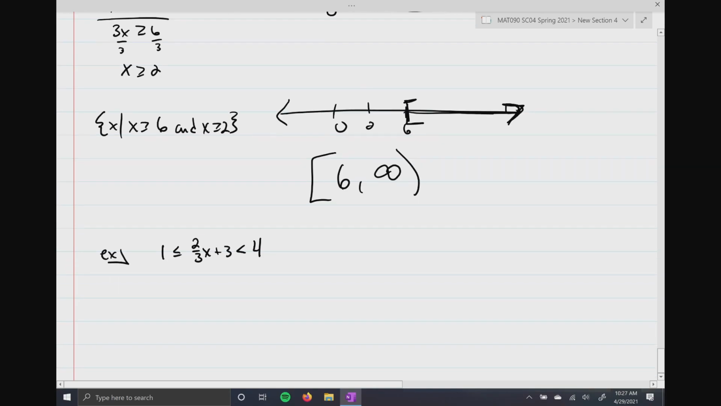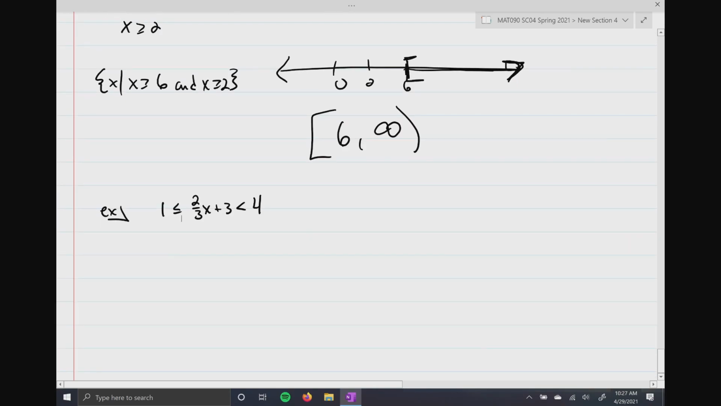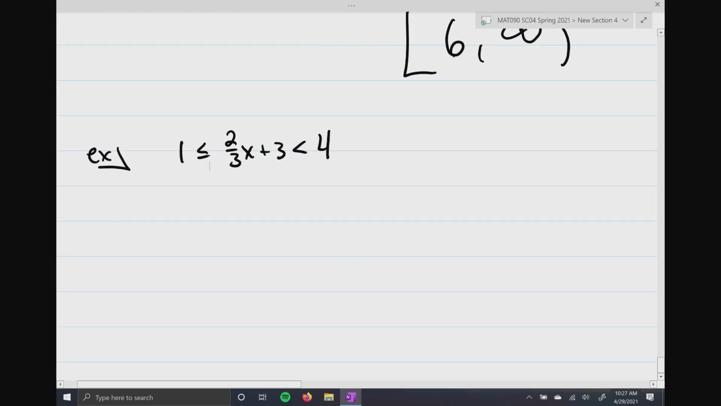So this second one, I made it just a little bit difficult because I threw a fraction in there. But that shouldn't mean anything to us. We see a fraction, we know how to deal with it. Multiply everything by an LCD to eliminate the fraction. So watch what I do. 3 times 1 is less than or equal to